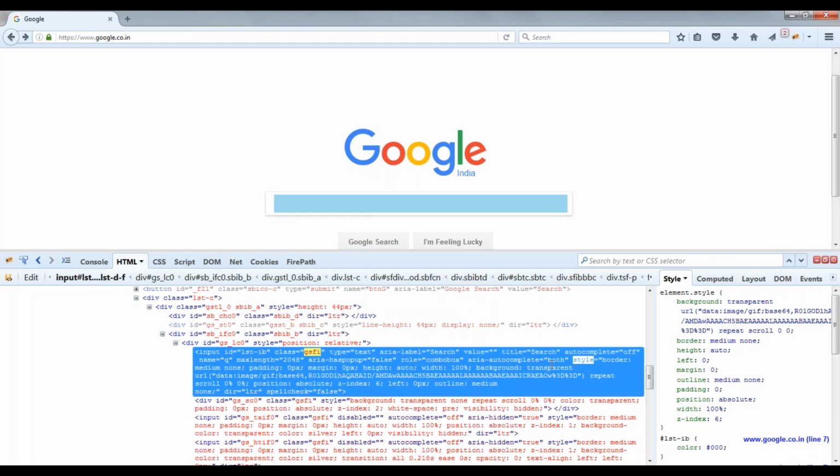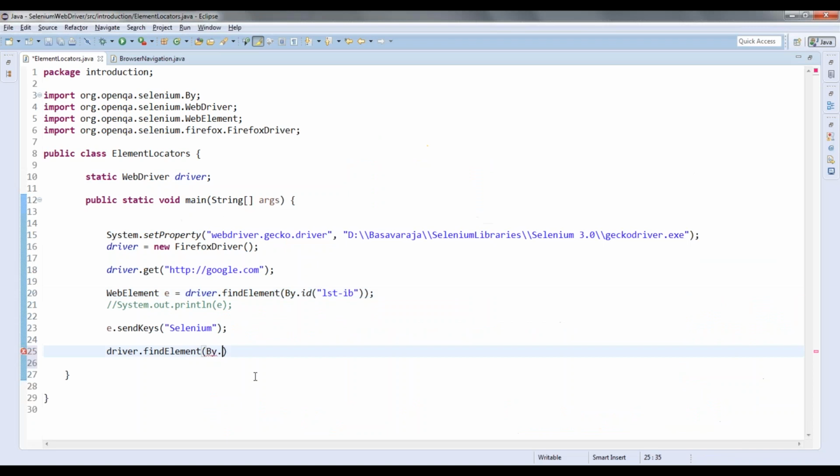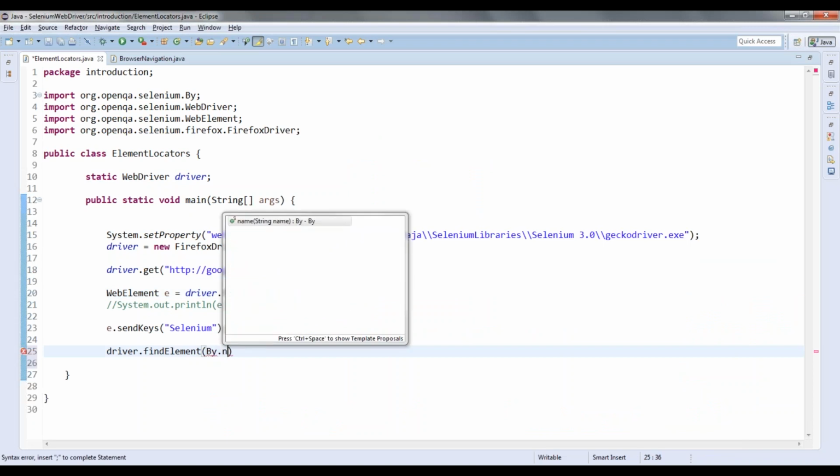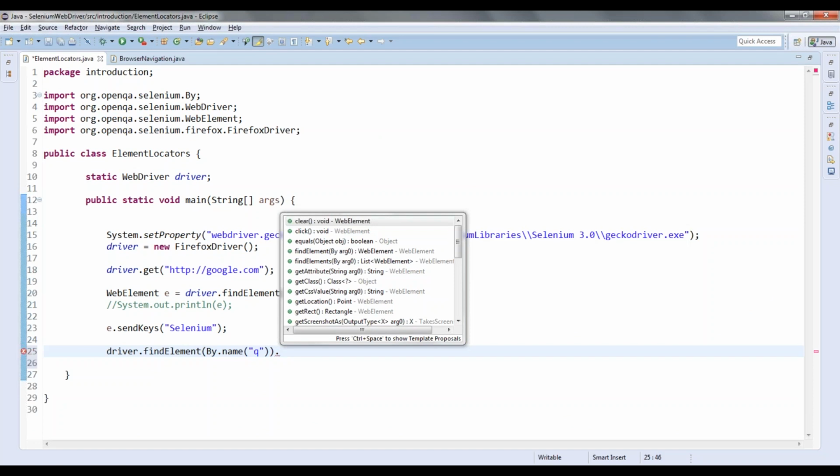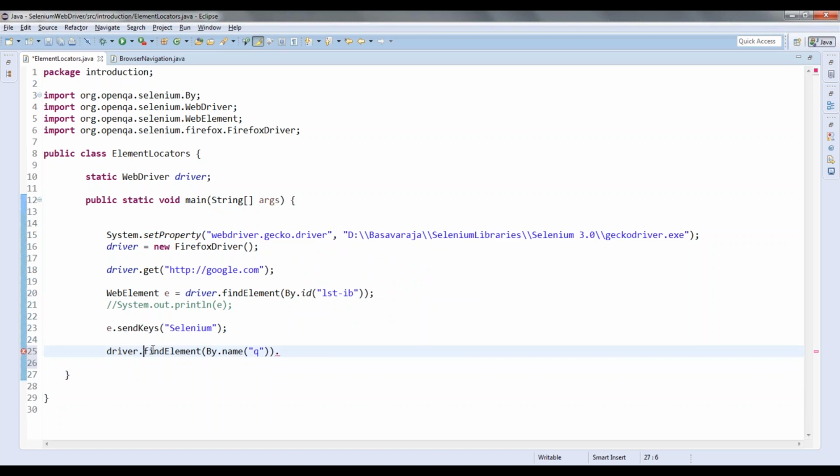So I will use By dot name, and the name is q, and you can see here it is returning the web element. Since it is returning the web element, if I enter dot, it will give me all the methods of that particular element, or of that particular object.